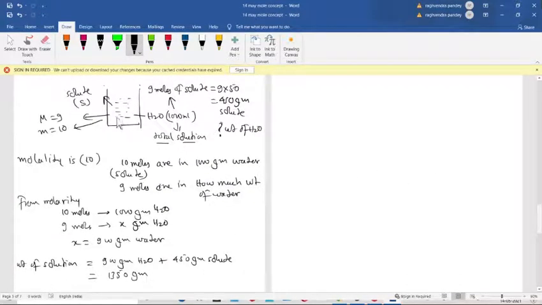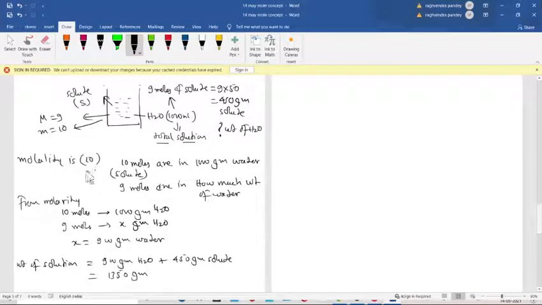Here, for the same solution we have molarity and molality. 1000 ml is the total solution volume. It's not just water, it's total solution volume. Some solute is also there which will contribute to the volume. Suppose you add some sand to the water, volume will increase. So 9 moles of solute is in 1000 ml, that is your 450 gram of solute. But in 1000 ml we don't know the weight of water. So from here we can calculate the weight of water.